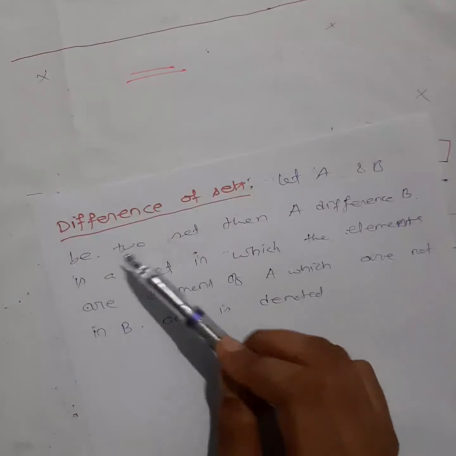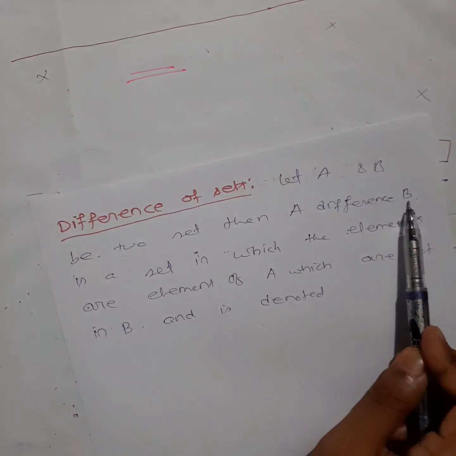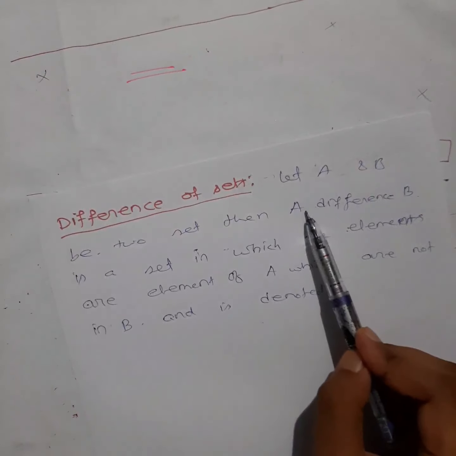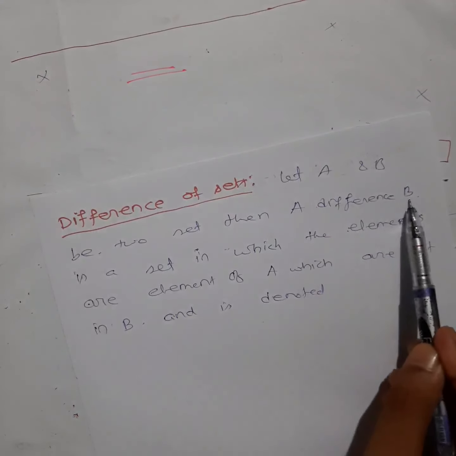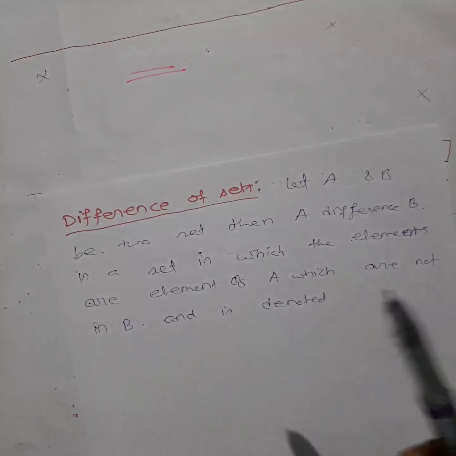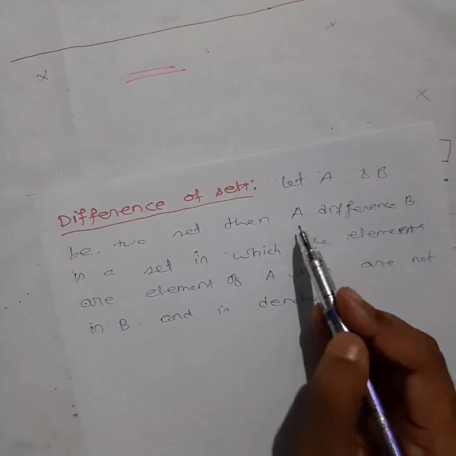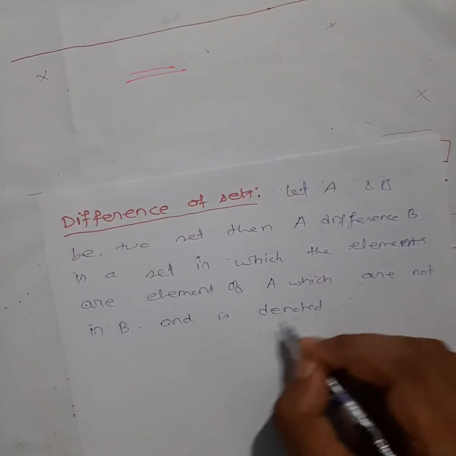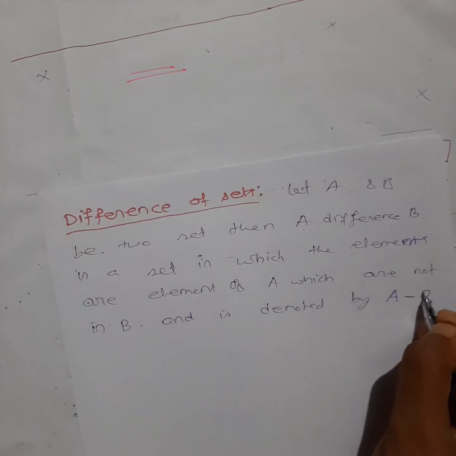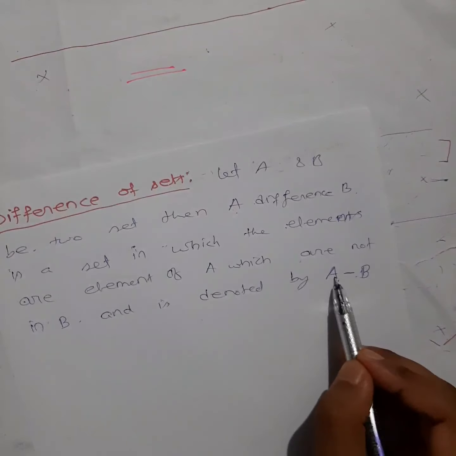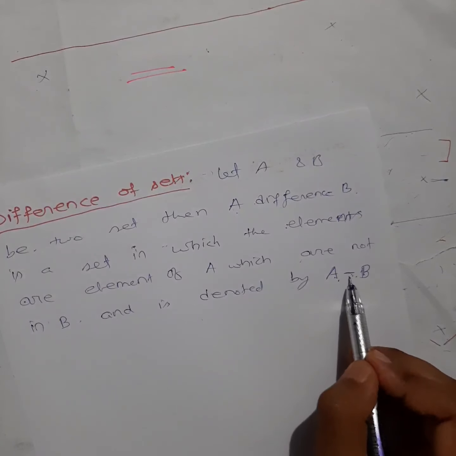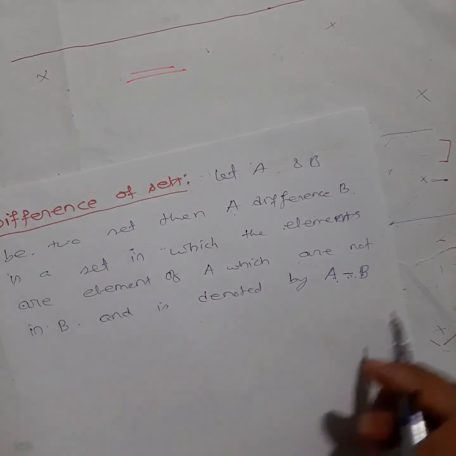So let A and B be two sets, then A difference B. What will be the output of this one? A difference B means A minus B. Let me read as minus only, okay? Right now for understanding. Actually how we read is, let me write down the notation. It is denoted by A difference B. This is how we read. We don't read A minus B. A difference B. But as a meaning you can keep it as minus only. So see here why I am saying this.